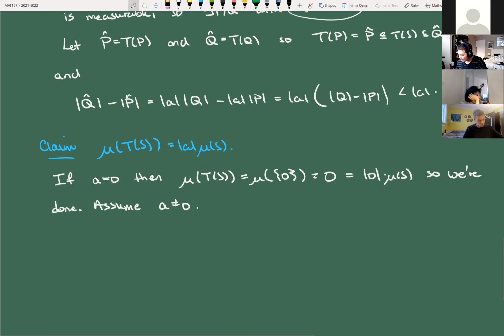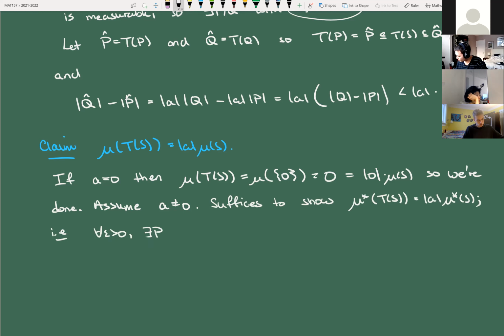Okay. Now, since we know that both sets are measurable, we don't have to prove it for both the inner and outer measure. It actually suffices just to prove the result for the outer measure, because the outer measure is equal to the measure, right? Because both sets are measurable. So it suffices to show that the outer measure of T of S is A times the outer measure of S, i.e., for every epsilon greater than 0, there exists a polyinterval containing S such that,